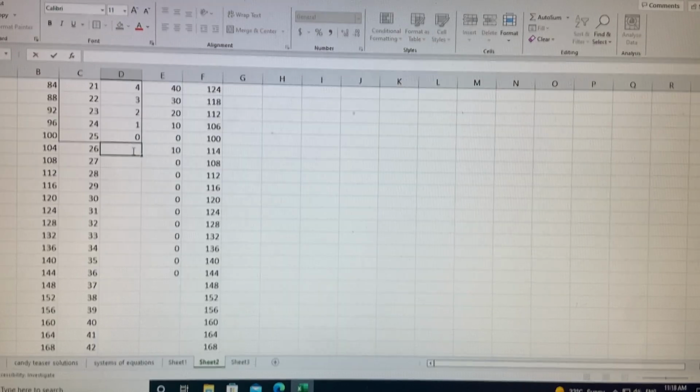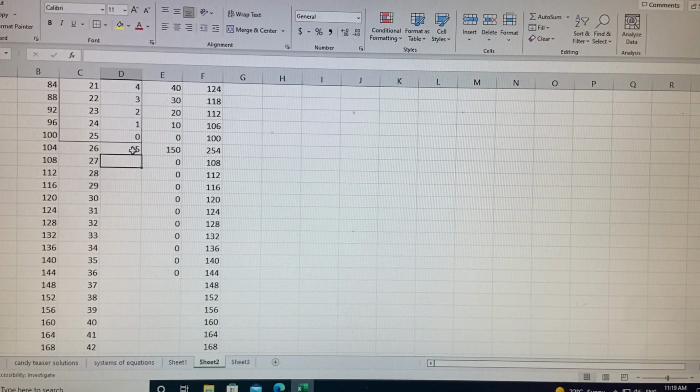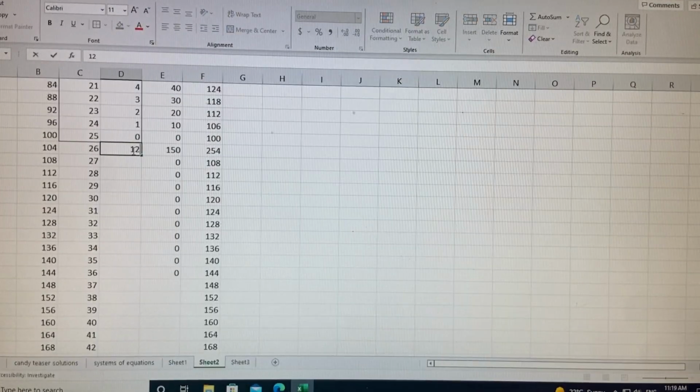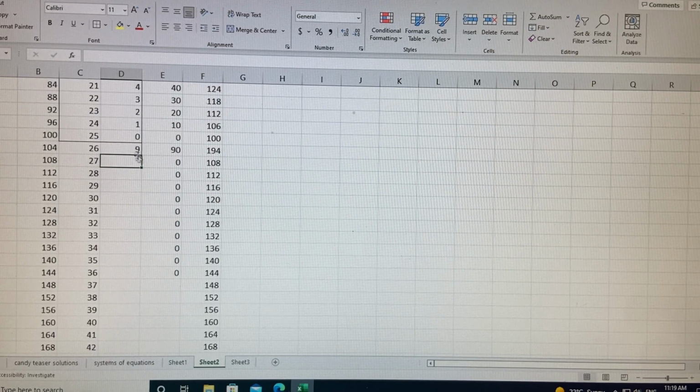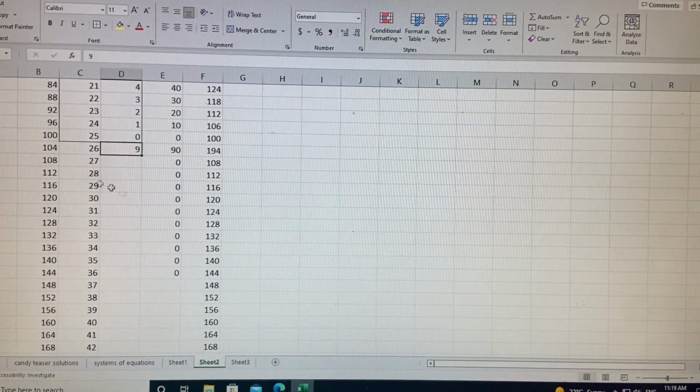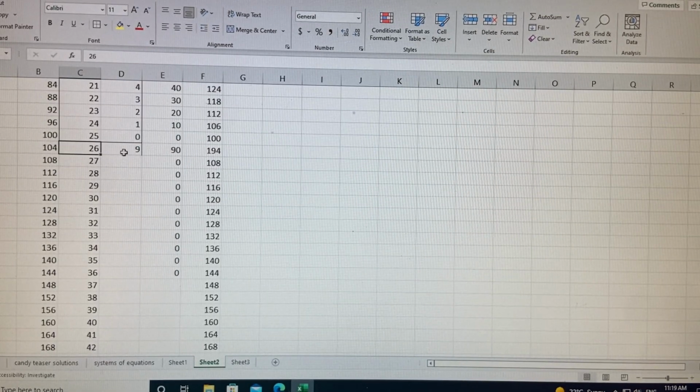How about, can you have 15? Obviously not. That's too many. Okay, how about 12? Is 12 gonna work? No, that's too many. How about 9? Yeah, 9 works. Look at that. Found another solution with 26 small ones and 9 large ones. That also works. That's well within the